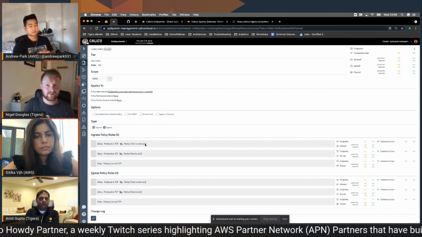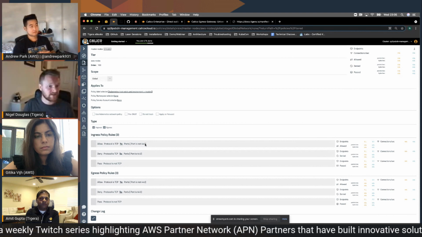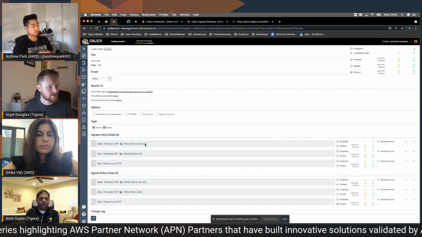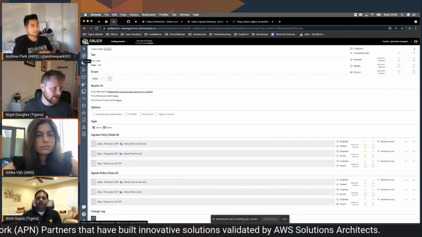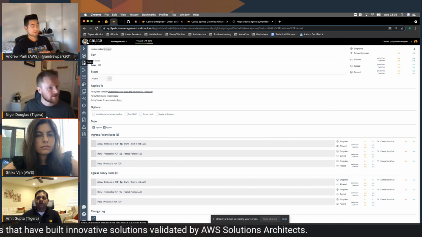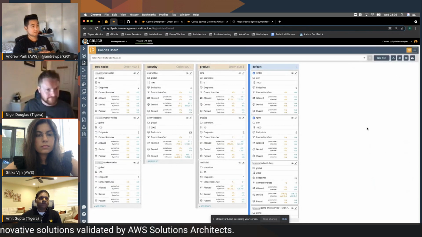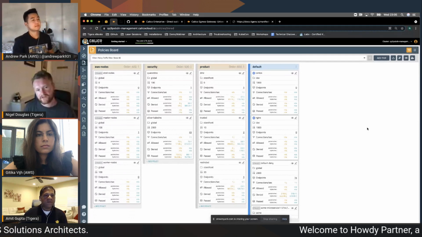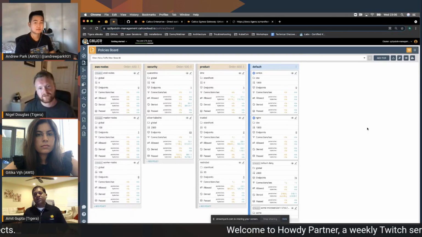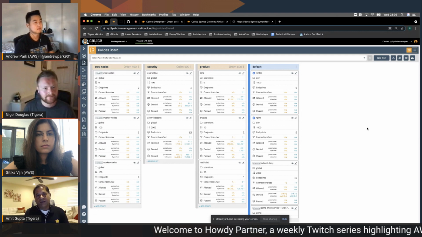So for those who are interested in maybe having use cases for allowing or blocking specific ports on a higher level, not on specific workloads, but on the host level, we do support that as well within Calico Enterprise and Calico Cloud. So perfect. Mason, is there anything you wanted to go in specifically, or is there any questions about what I've shown so far?